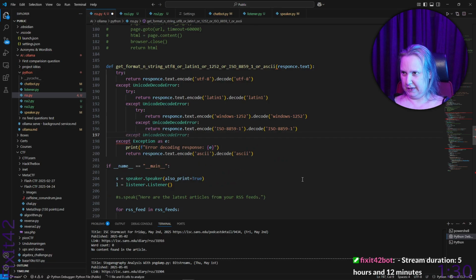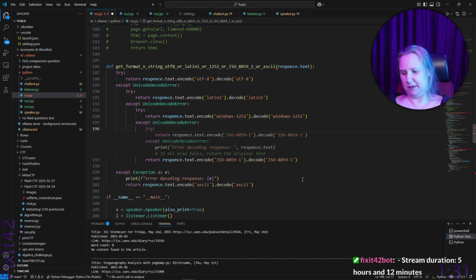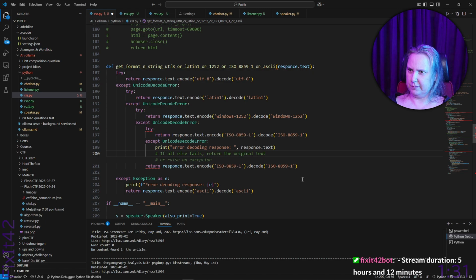What? I did not want that. I wanted a normal tab. I have to do this. Oh. So this one needs to be a try. Colon. Yeah. If everything else fails, return the original text. That's not what I intended. But we also did not do